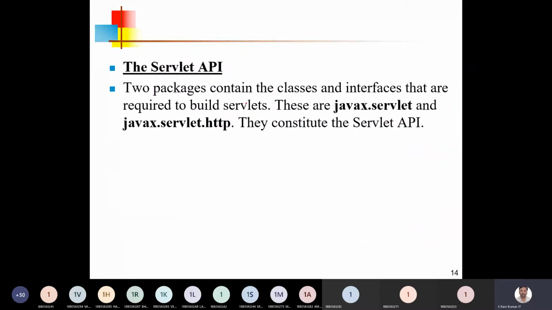And then we'll see the servlet API, the application programming interface.